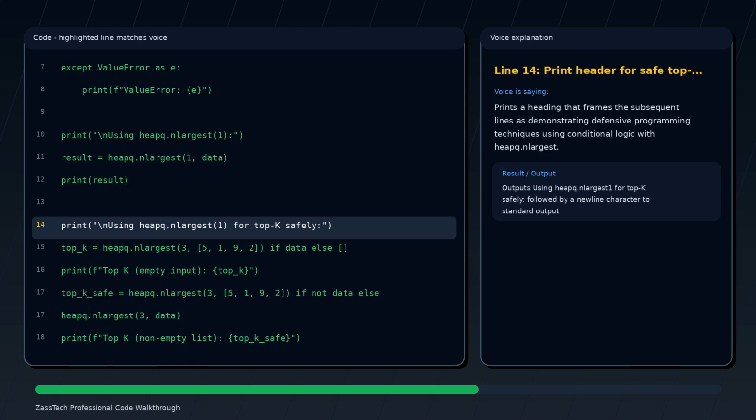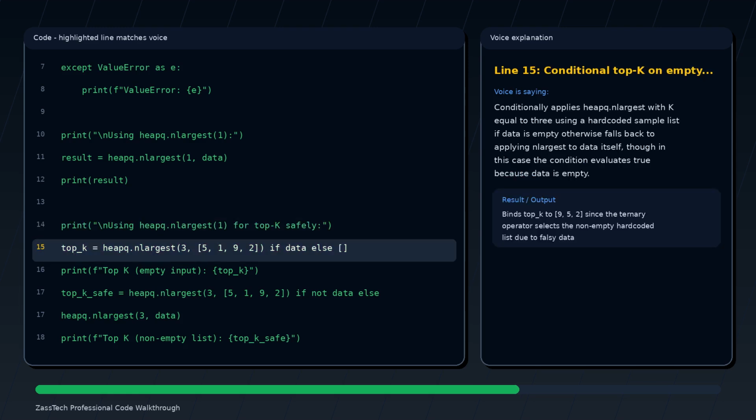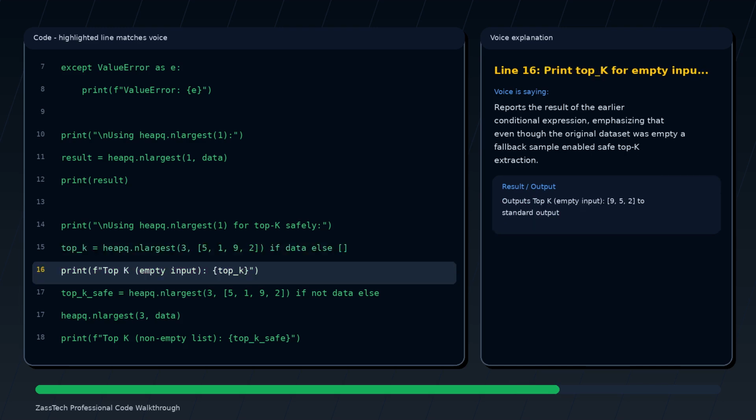Prints a heading that frames the subsequent lines as demonstrating defensive programming techniques using conditional logic with heapq.nlargest. Conditionally applies heapq.nlargest with k equal to 3 using a hard-coded sample list if data is empty, otherwise falls back to applying nlargest to data itself, though in this case the condition evaluates true because data is empty. Reports the result of the earlier conditional expression, emphasizing that even though the original dataset was empty, a fallback sample